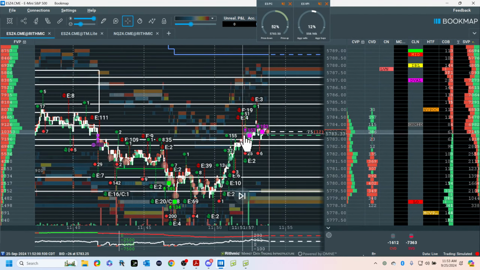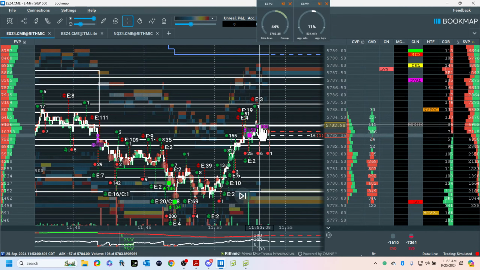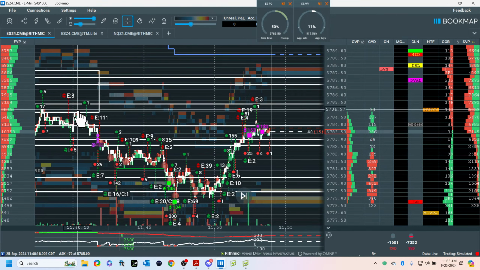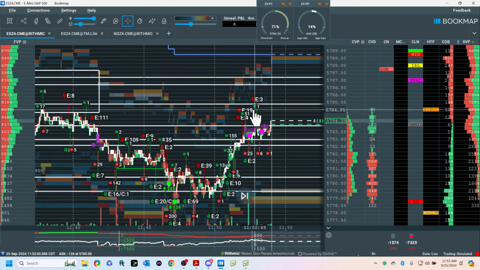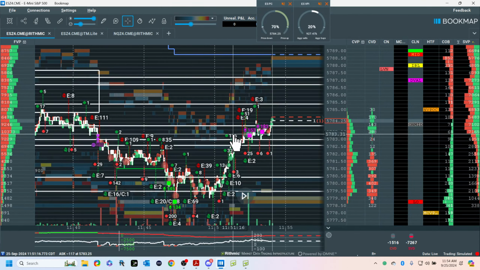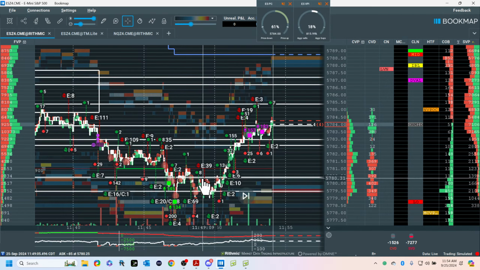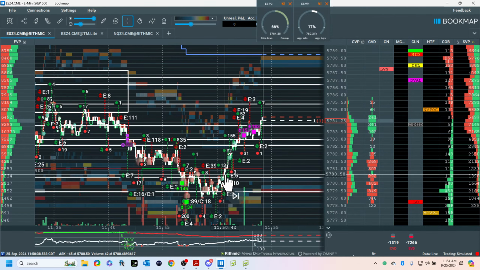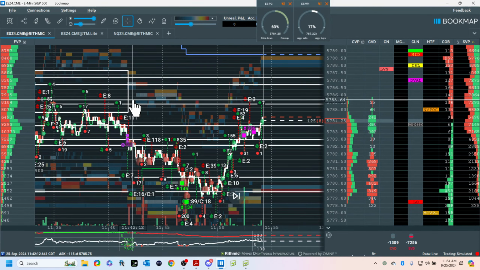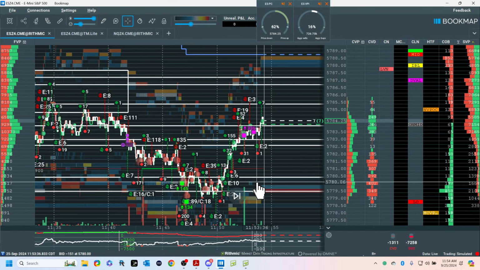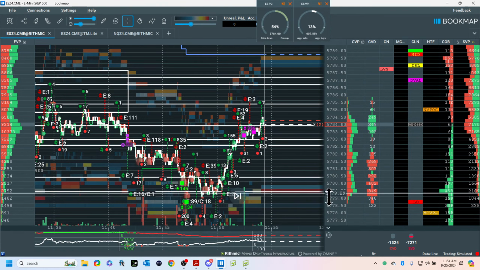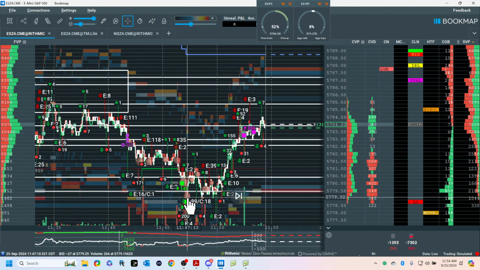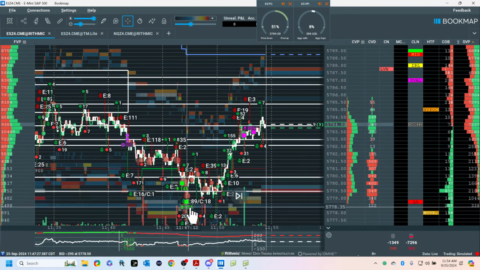Okay, right here, we're watching the absorption. You can see it. I have my buyer here. Remember, my sellers were in control up here. This is a location. So we're just going to observe it. I don't have anything to do, because this pretty much is it right here. This is the end of the short, unless your plan says you don't do anything. What gets me to be paying attention to this is the target and this absorption. That's what makes this important.